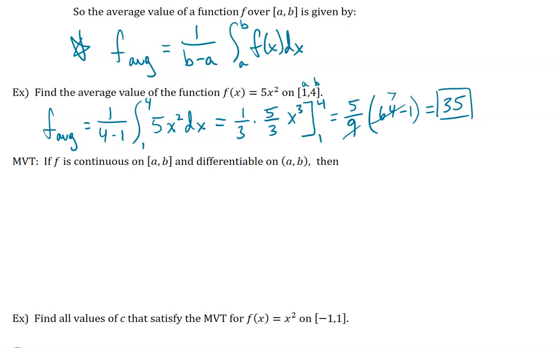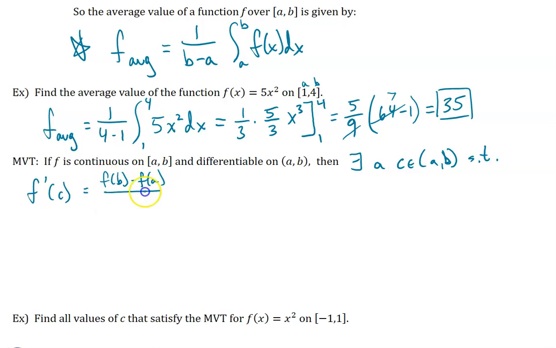So the MVT for derivatives says if f is continuous on the closed interval and differentiable on the open interval, then there exists a c in the open interval from a to b such that f prime of c is equal to f of b minus f of a over b minus a. In other words, we could say, in English, the instantaneous